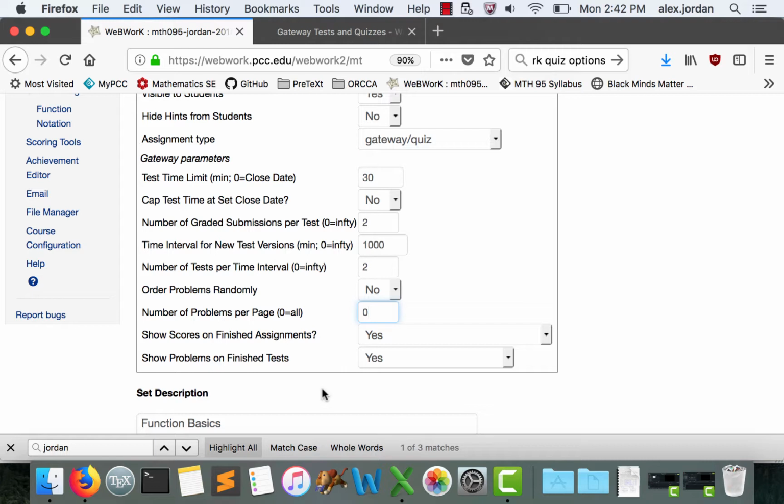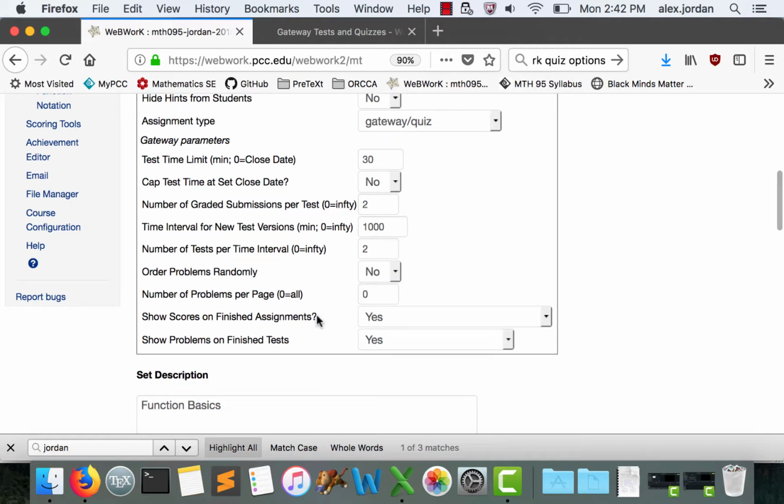And if a student only sees a subset of the questions on the page, they may incorrectly presume that the button is only going to submit the questions that are on the page they currently are on. This shouldn't be a problem as long as your quizzes don't have too many questions in them. Then we have 2 fields at the bottom